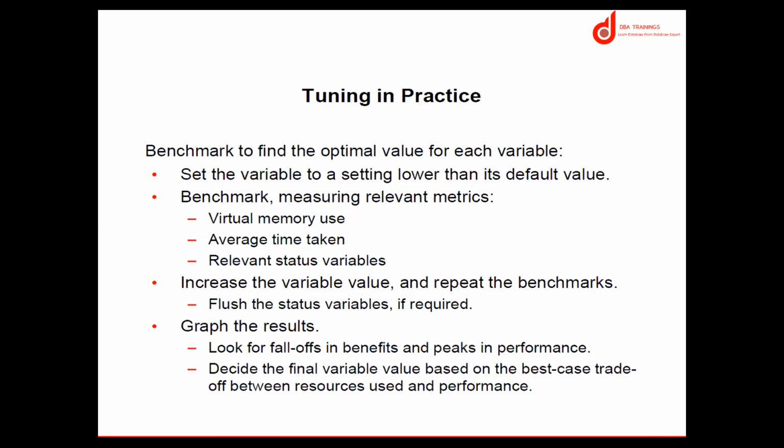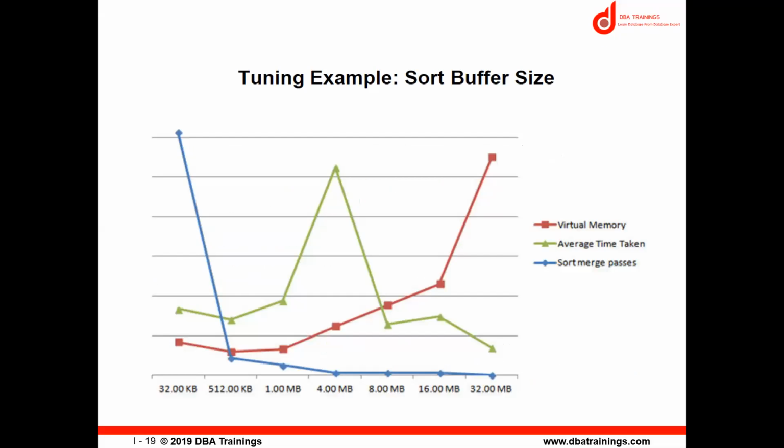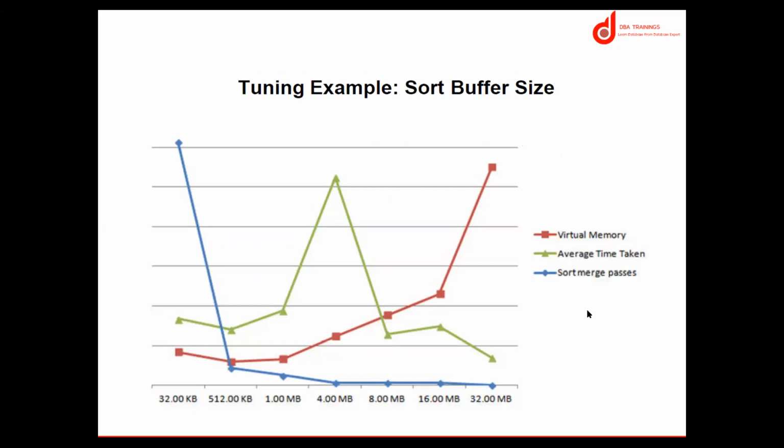Here is one example I'm showing: tuning the sort buffer size. Are you able to see the virtual memory? This red one is the average time taken and sort merge passes. Based on my business need, suppose we have a short heavy workload on the database. For that we need the sort buffer size variable,